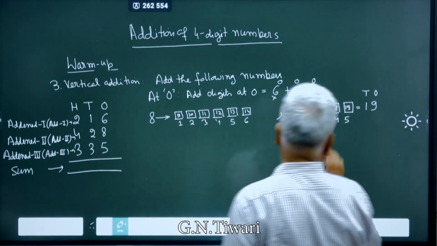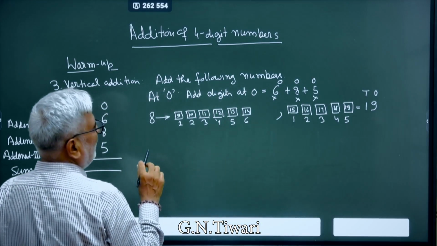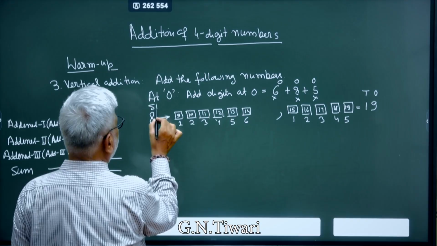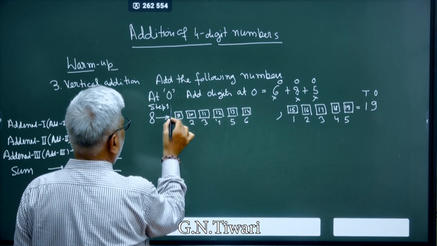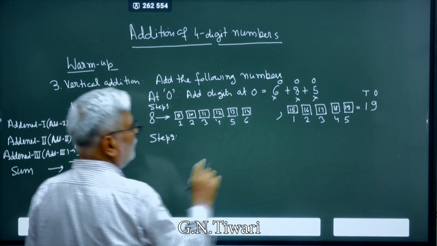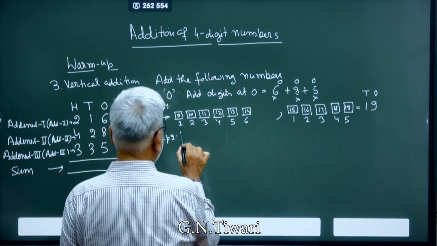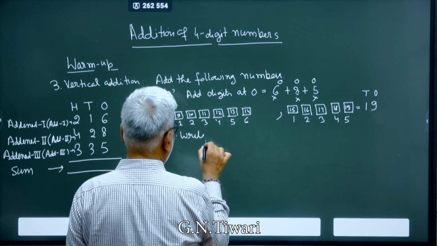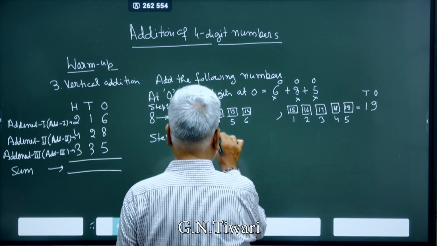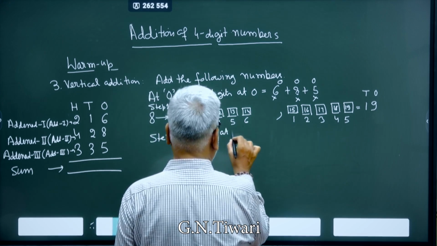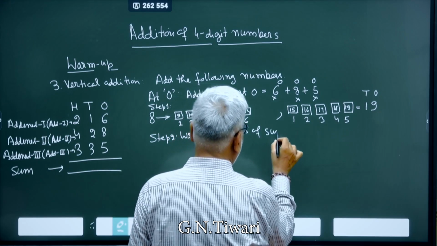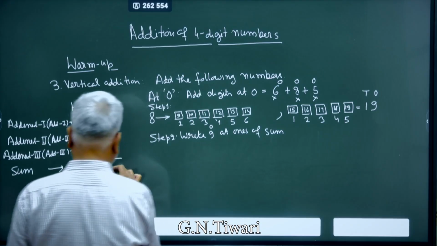What is the another step? You can say this is step 1, this is step 2. What is step 2? Write 9, ध्यान से सुनिए, at ones of sum, और लिखते चलिए 9